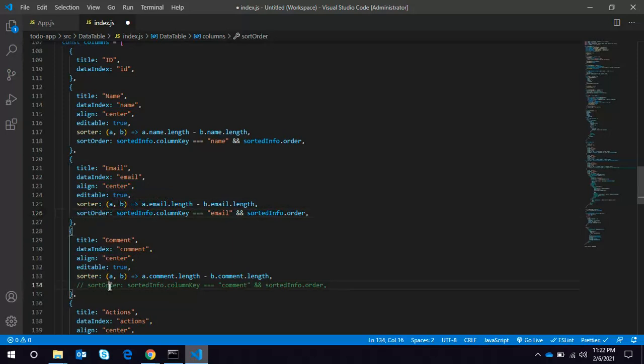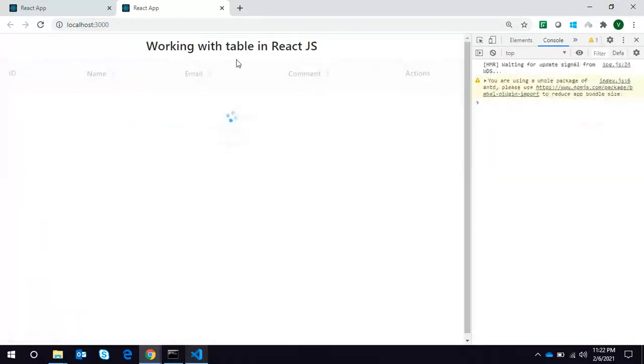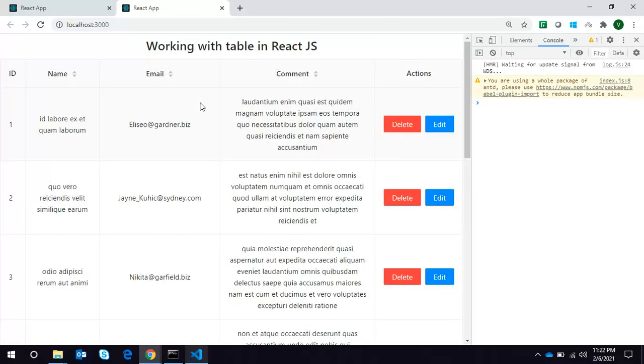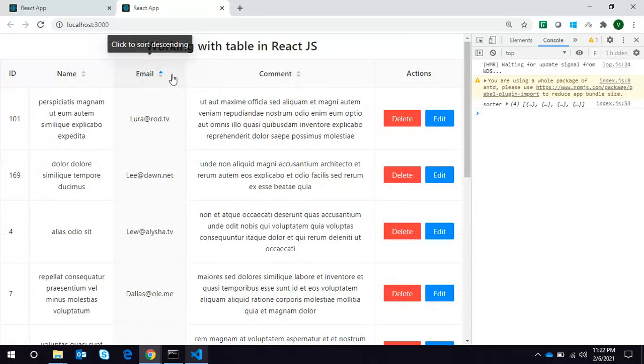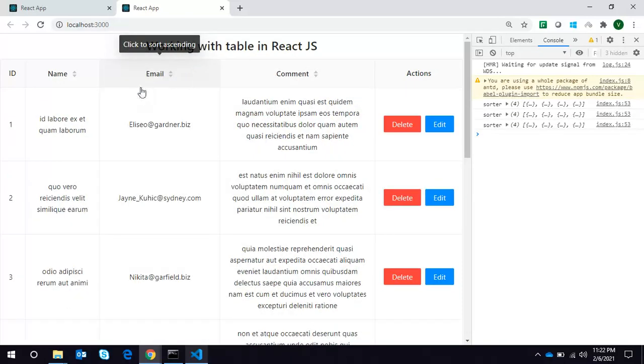It should work. Now it is working. Earlier it was not working. So we have completed the objective of this video, and we have implemented the sort functionality on each column.